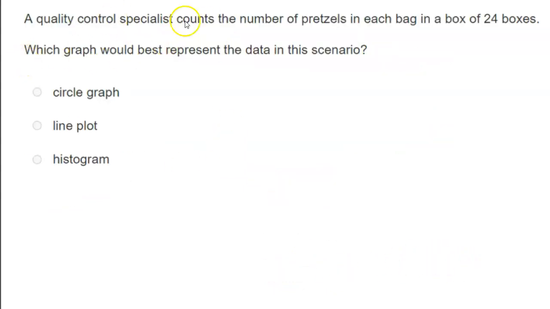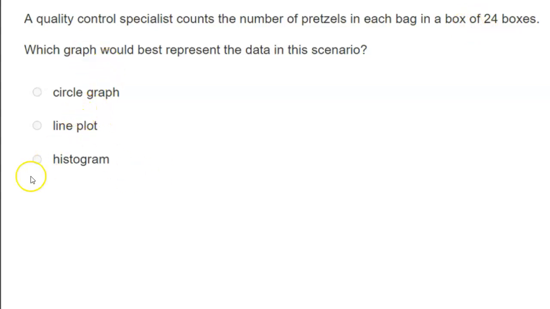Right. A quality control specialist counts the number of pretzels in each bag in a box of 24 boxes. Which graph would best represent the data in this scenario? Because we're dealing with 24 boxes, we open up the box, and then we open up the bag and count the pretzels in the bag. And so your numbers are probably going to vary like crazy. So when we are talking about numbers that are going to vary,